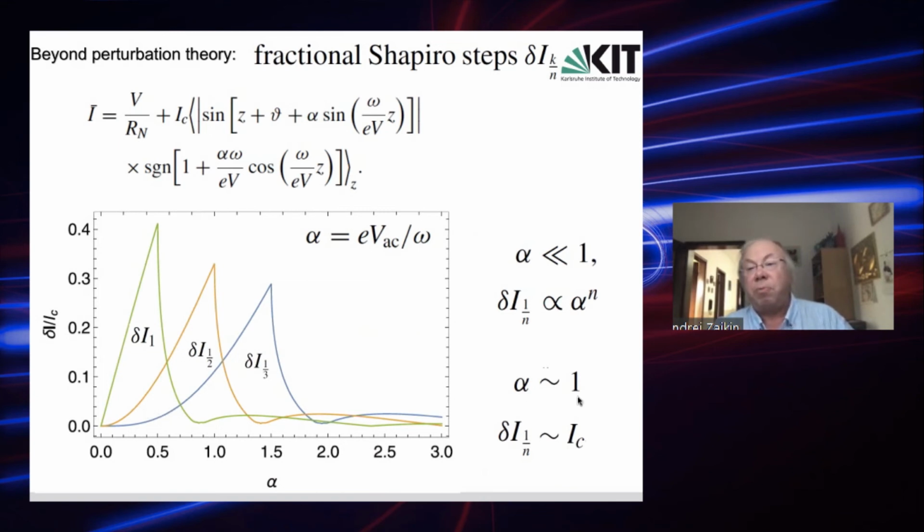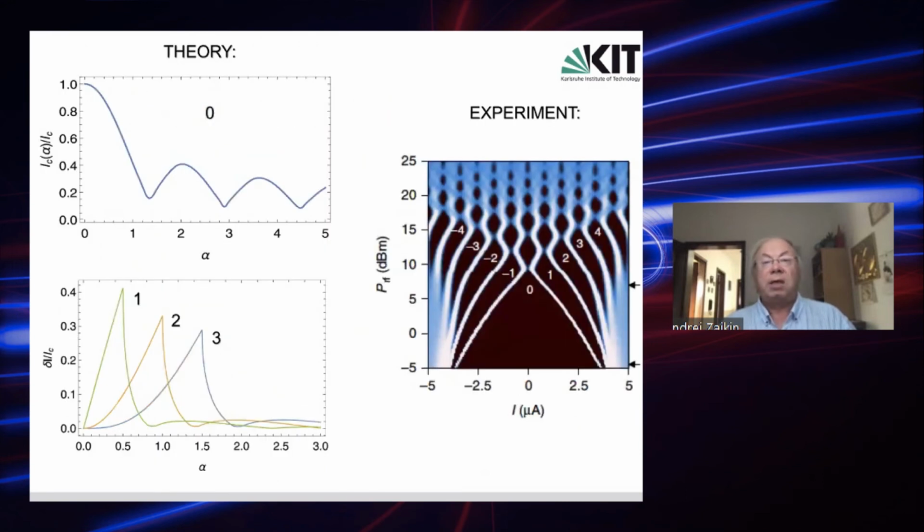However, if alpha becomes of order 1, as we see here for instance, then you see that this fractional Shapiro step, the 1/2, can dominate in this frequency domain at least over the main Shapiro step, and the same can be said about this step, and so on and so on. So basically the conclusion is that this complete theory of Shapiro steps in such kinds of junctions